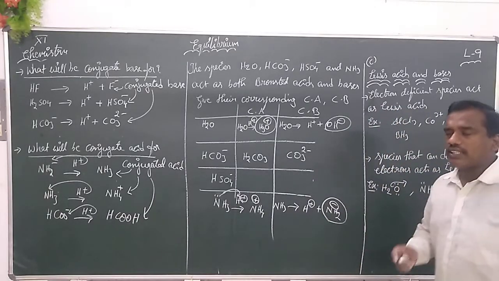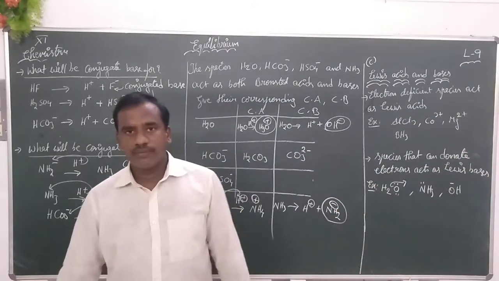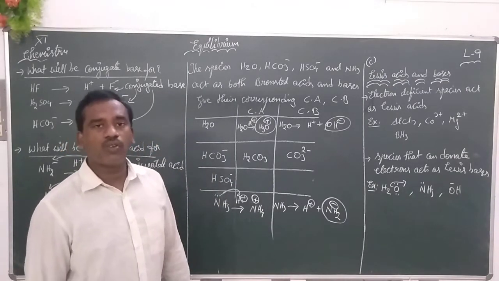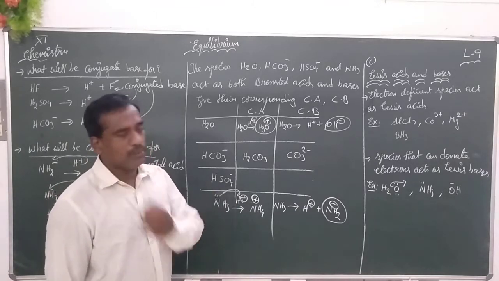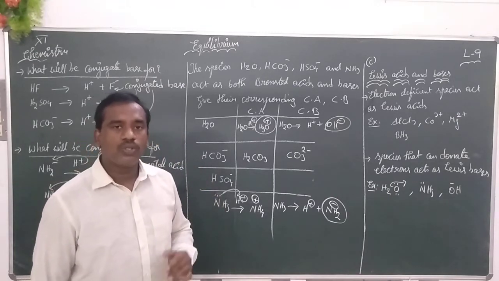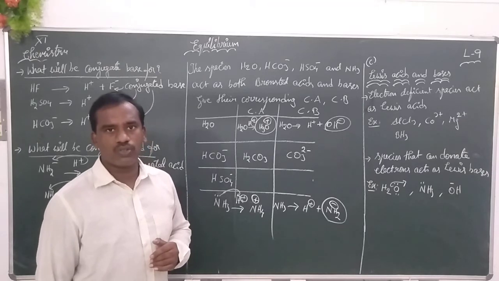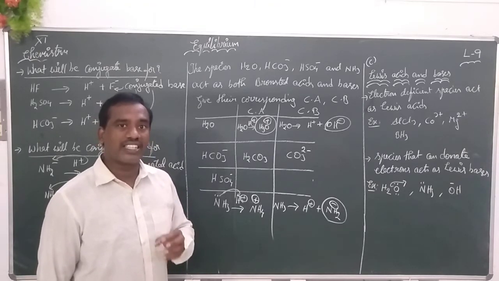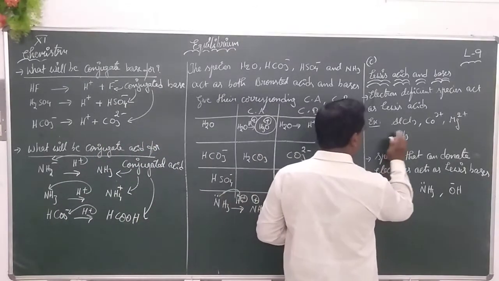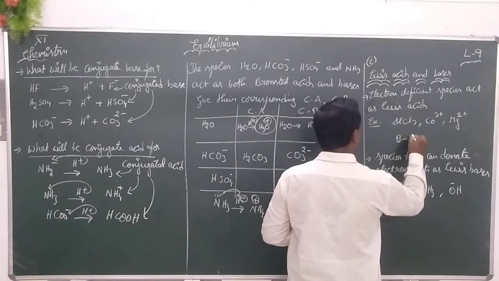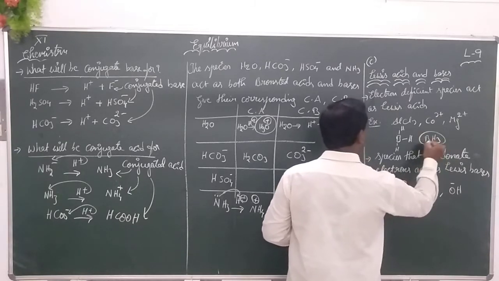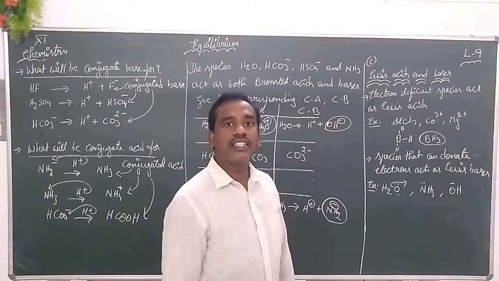Good. Yesterday we started our concept with the Arrhenius acid, Arrhenius base, and the Bronsted acid and Bronsted base. And now we are concluding with the Lewis acid and the Lewis base. What is a Lewis acid? Whatever substance is capable of accepting electrons. In molecules like BH3, we can study the boron. How many hydrogens are there? Three hydrogens are there in this BH3, right? Around this boron, how many electrons are there? Only 6 electrons are there.